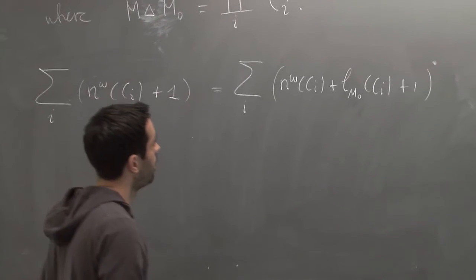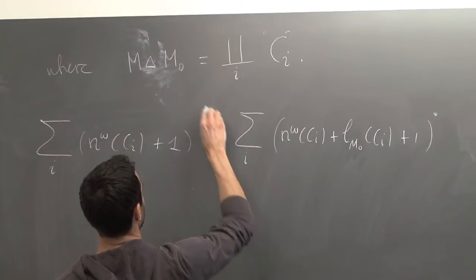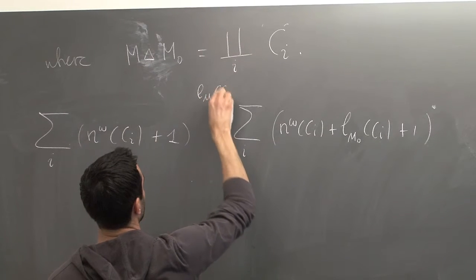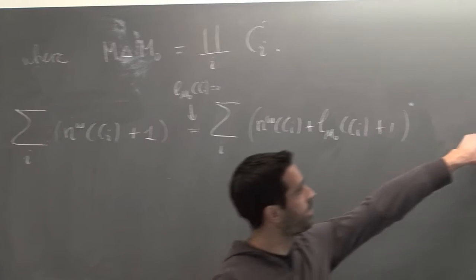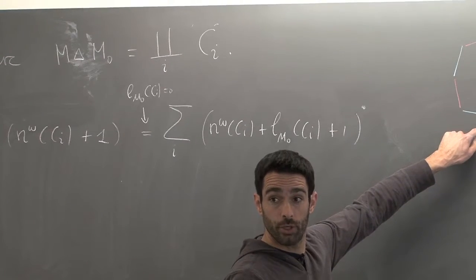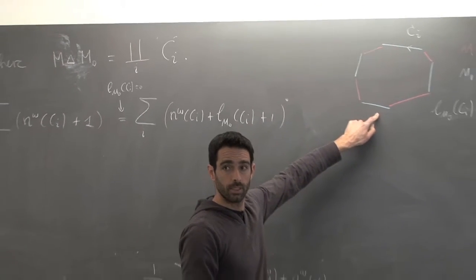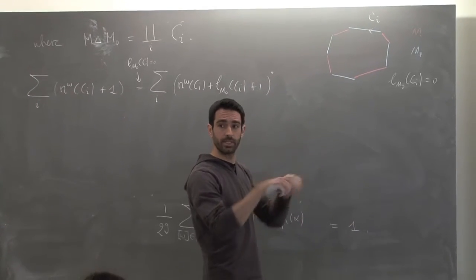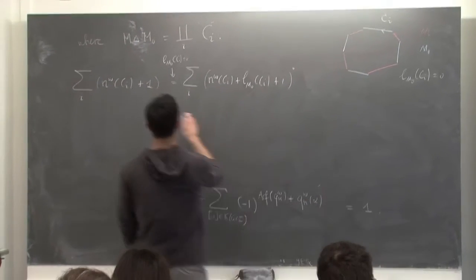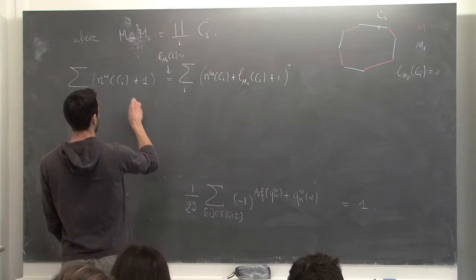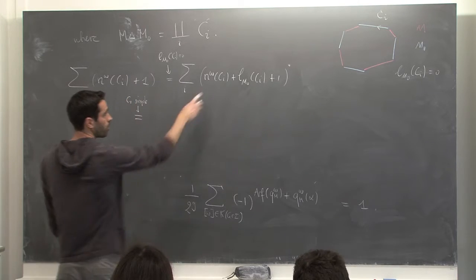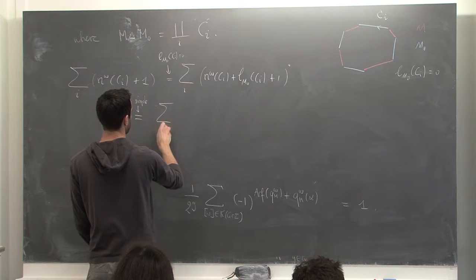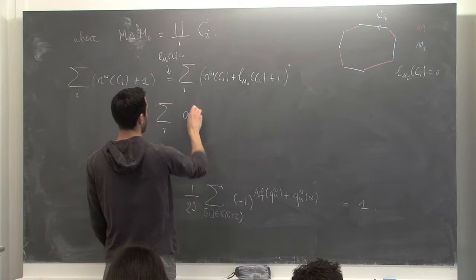Okay. So this is because, but note that the CIs are simple closed curves, right? These are simple closed curves. They cannot self-intersect. So the CIs are simple closed curves. Therefore, this is nothing but Q omega M0 of